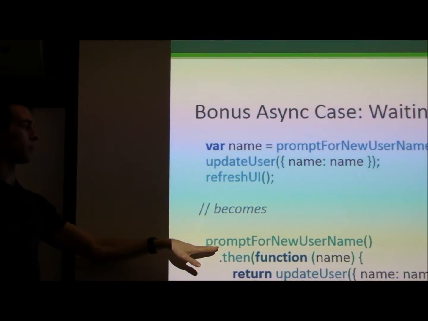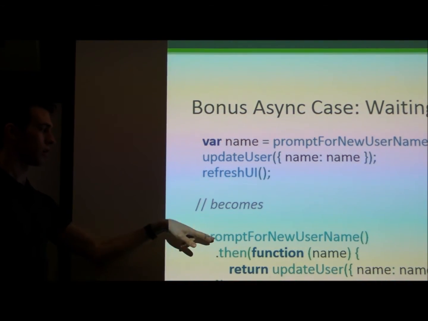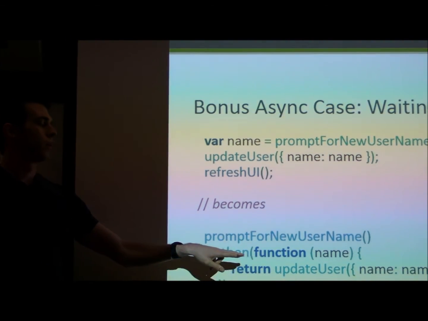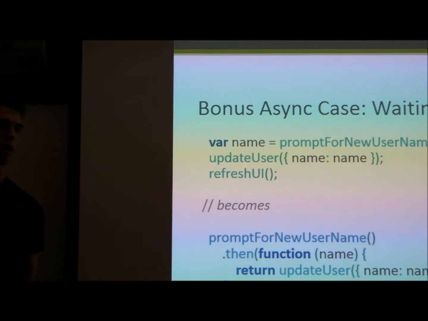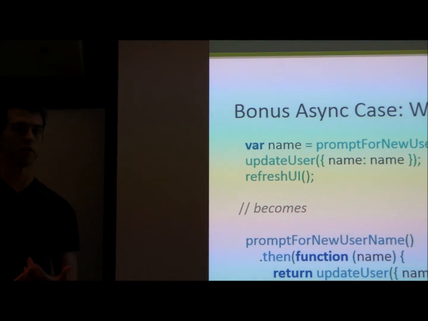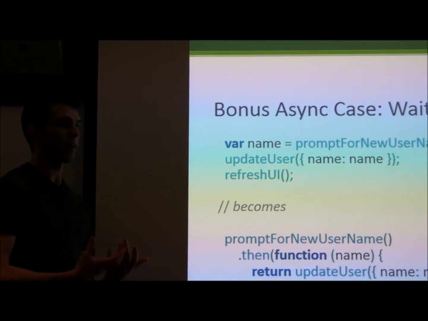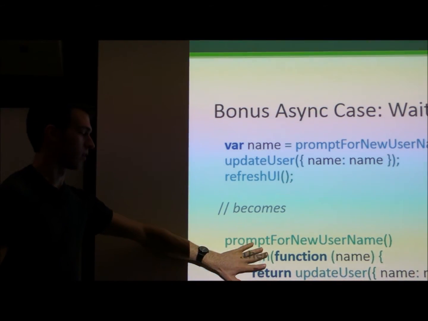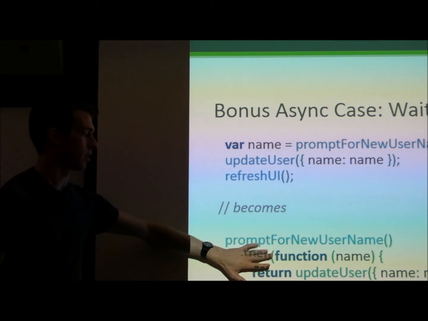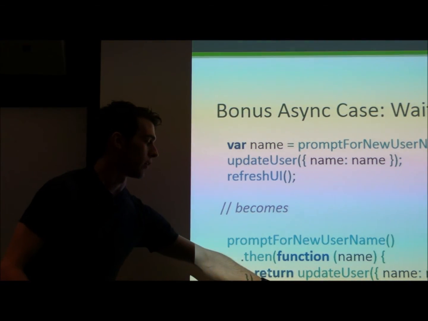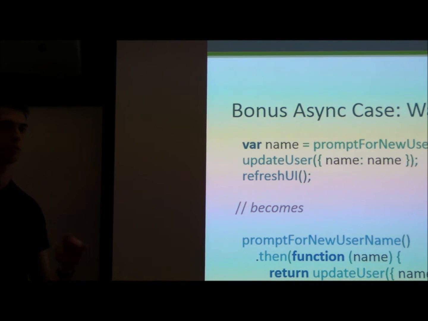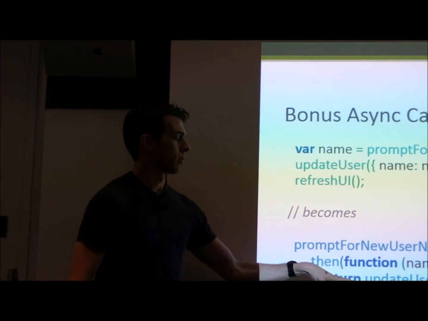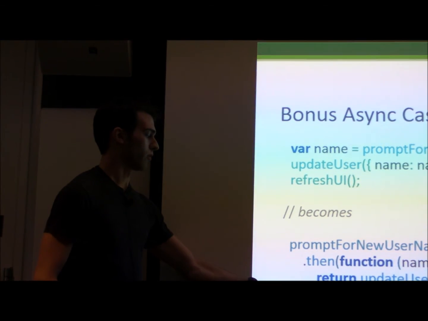You can say prompt for the new username. That gets you a promise for the name, right, in promise land. Then you get the name, and you return update user. So update user in promise land returns a promise for when this post against the server has gone through. And once that's done, it'll say, okay, then this whole thing is done, either succeeded or failed. I can move on to here. And if this whole thing has succeeded, including this guy, then it'll run this. Otherwise, it'll be an error, which we're not handling in this case, which is bad, but that's the idea. So when you return a promise, it'll wait for that inner promise before it moves on to the next step.